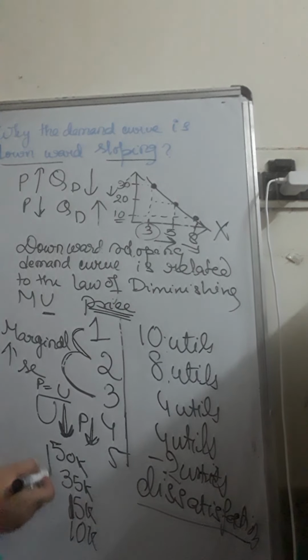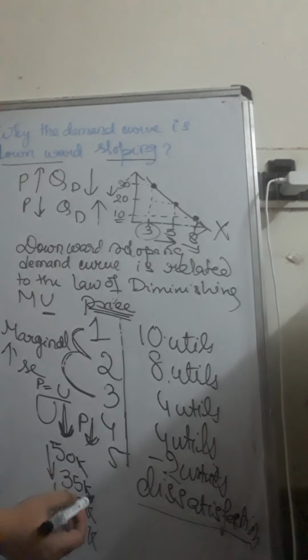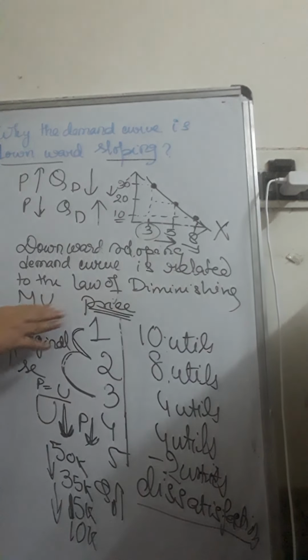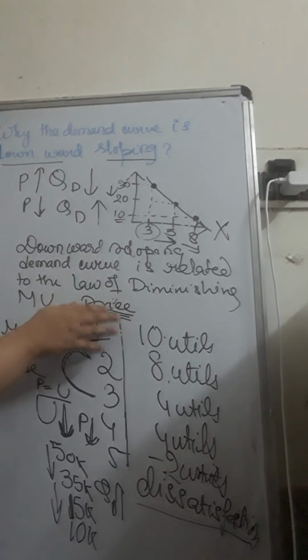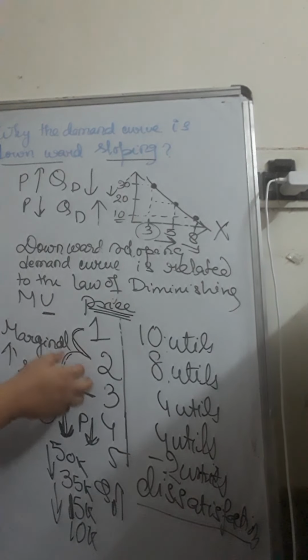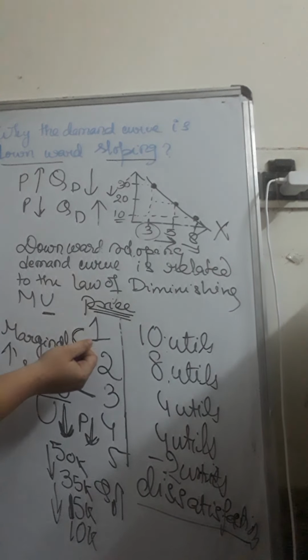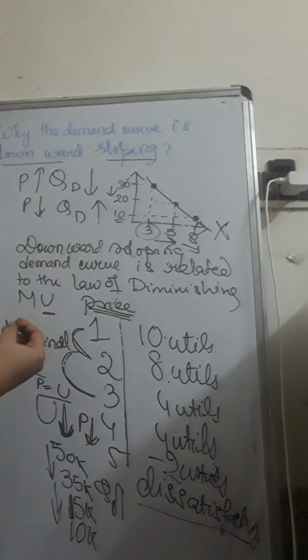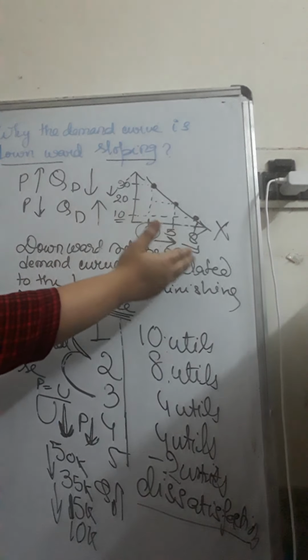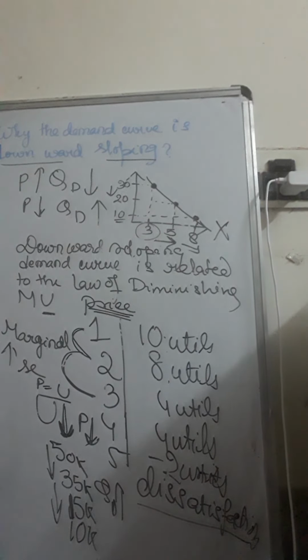So only when the price drops do you try to buy, or does the quantity demanded of the same product increase; otherwise not. So this diminishing marginal utility explains that with decreasing utility from the same commodity, the price that consumers are willing to pay also decreases, because we get less satisfaction and are ready to pay a lesser price. And only when a price drop takes place, then I know that I am getting value for money, that I am paying a lesser price to acquire the same commodity, and only then will I go for a higher purchase.